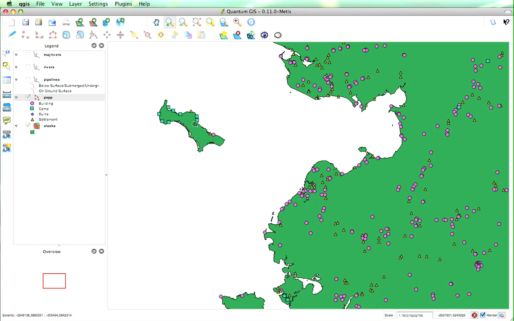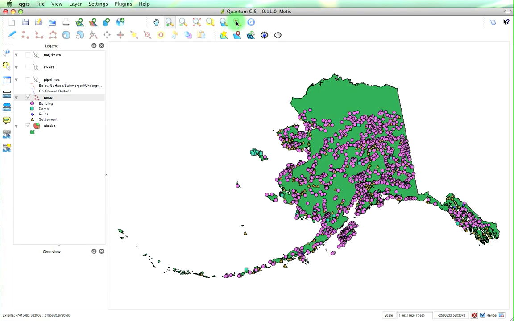But what about the ruins? Where can we find ruins? Well, let's zoom back out. We'll zoom to last. If we want to identify all the ruins in this vector file, in this point vector file, we can open the attribute table